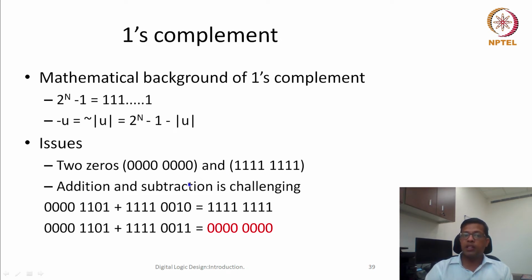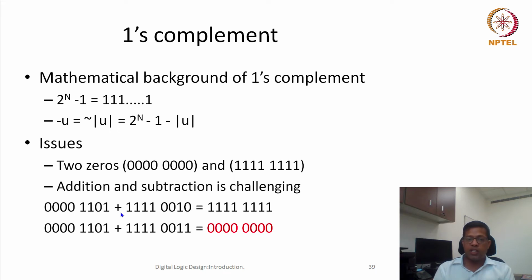Addition and subtraction, if I am doing it on only positive numbers, then it mostly works. If I am doing only with the negative numbers, then also it works. But if I am doing addition and subtraction using regular arithmetic or regular binary additions, then if one number is positive, one number is negative, it doesn't work.